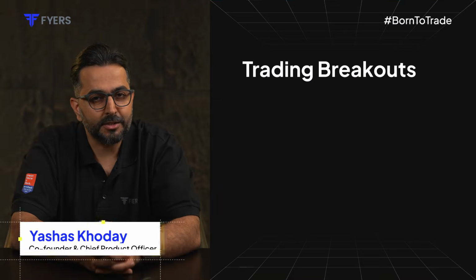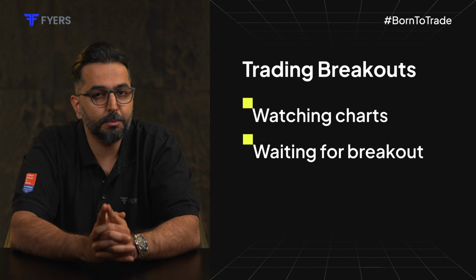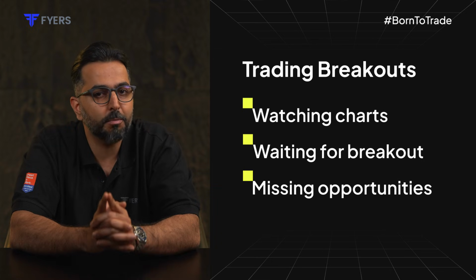Trading a breakout strategy usually means staring at the chart, waiting for that one level to break, and typically, the moment you look away, that's when the price moves. You can set a price alert, but when the alert gets triggered, you still have to go back to the chart and place the order manually. And in options, you track the underlying, but you trade in a specific strike, which could lead to further delay